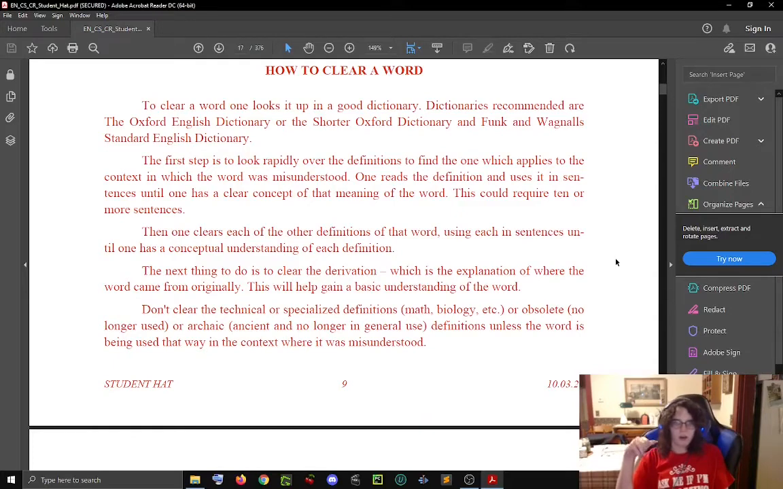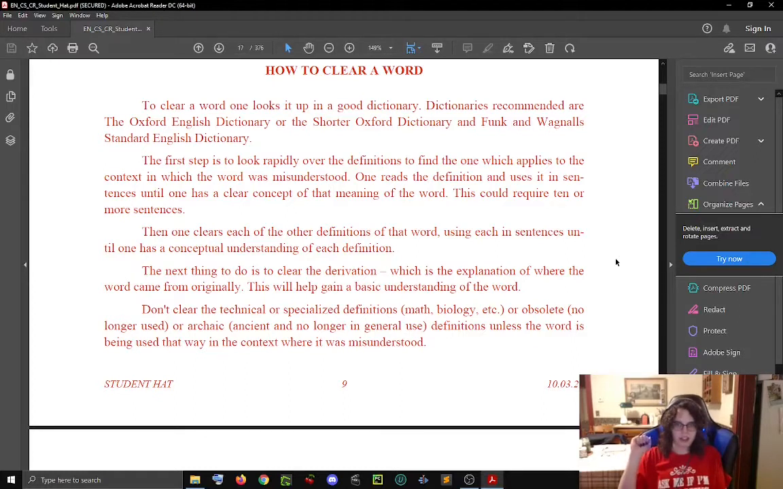To clear a word, one looks it up in a good dictionary. Dictionaries recommended are the Oxford English Dictionary or the Shorter Oxford Dictionary and Funk and Wagnall's Standard English Dictionary. The first step is to look rapidly over the definitions to find the one which applies to the context in which the word was misunderstood. One reads the definition and uses it in sentences until one has a clear concept of that meaning of the word. This could require 10 or more sentences. Then one clears each of the other definitions of that word, using each in sentences until one has a conceptual